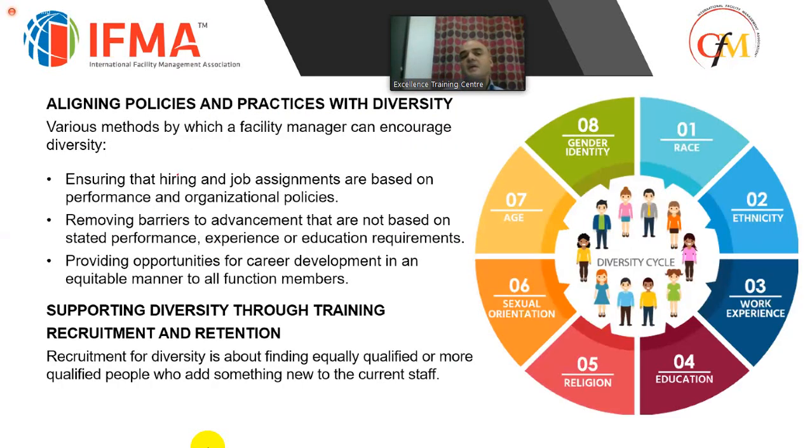Aligning policies with diversities. Various methods by which a facility manager can encourage diversity. So IFMA is encouraging diversity. Sometimes even if you have a fresh graduate, they come with fresh ideas. They come and challenge the status quo. So you can have someone who has 15, 20 years of experience, who's used to doing things in a certain way, and they are fixated on it. And then you have a fresh graduate, fresh out of the box, who comes with an out-of-the-box idea,